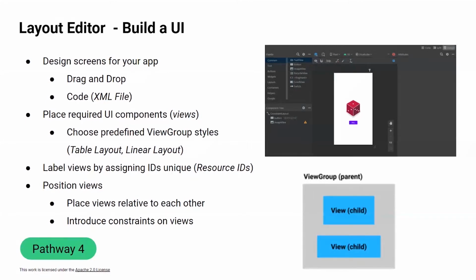You can also introduce something called constraints on views, meaning you can bound them or attach them or limit their movement to certain parts of the screen. We'll actually see that not placing constraints on a view will give you a warning from the editor rather than an error. And we'll also see why it's important to pay attention to that, and what happens if you don't place constraints. Just like last time, all these concepts we talked about on this slide will become clearer once we do the code lab, and I'll briefly go over them again then.